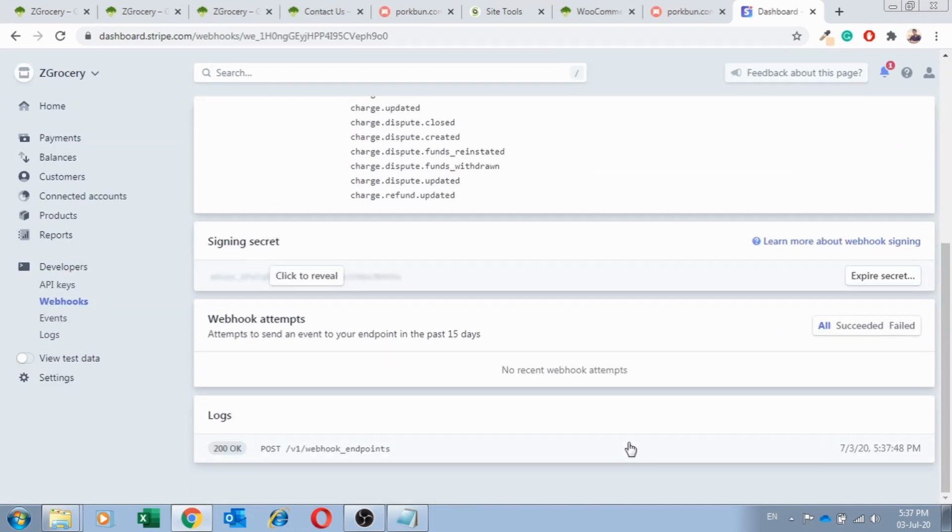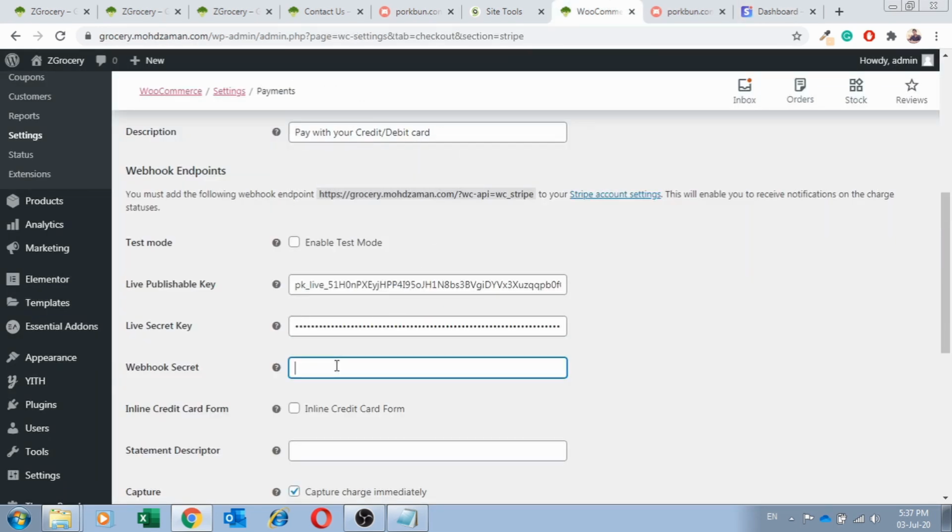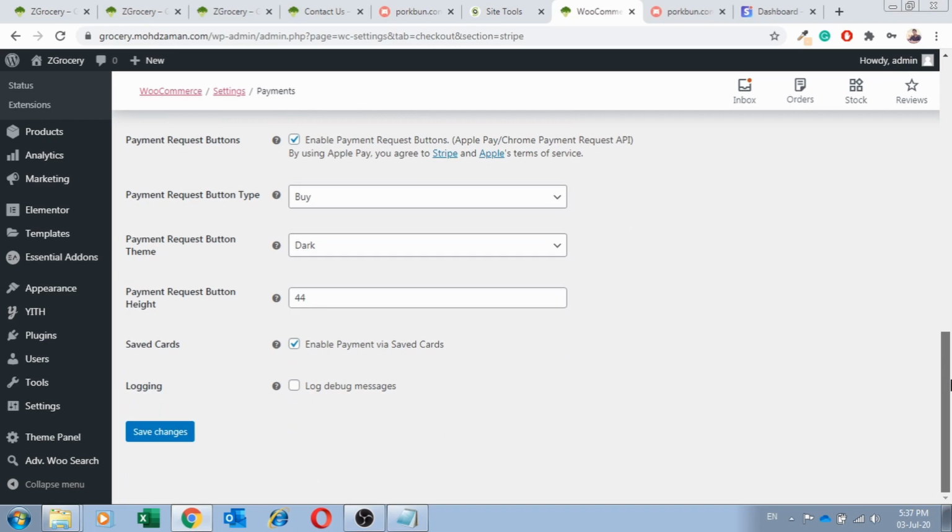Now scroll down, and this key over here, click over here, select this key, copy, come back and paste it over here. Okay, and that is it. That is all the details that we need. Click on save changes,